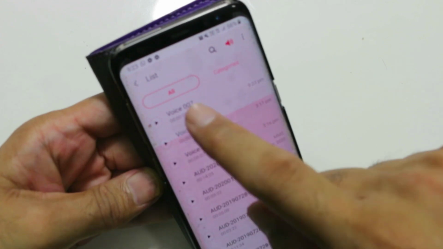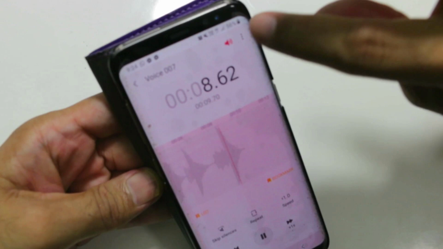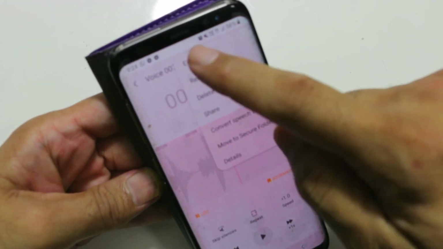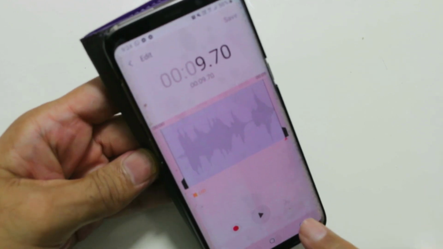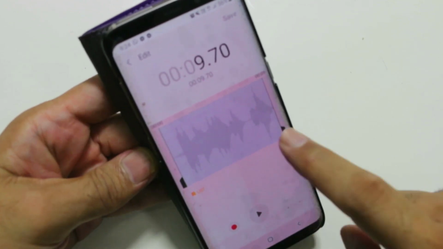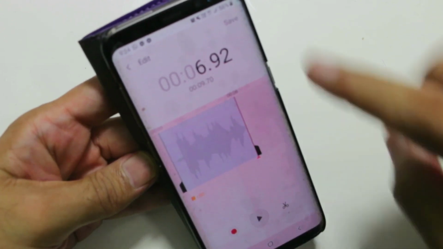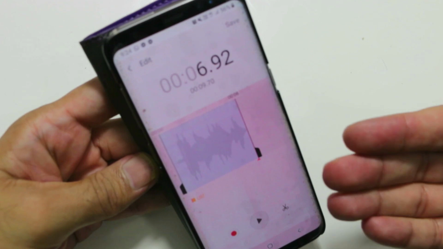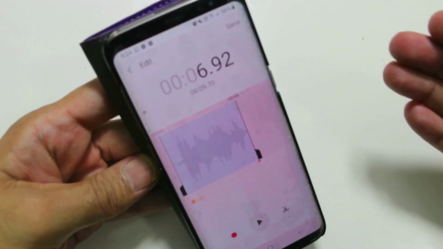Now if I click on that and I want to edit it, I can click on these three dots and I can click edit. And I get the same type of features. As you can see, there is a scissor on the bottom right and I can trim whatever I want, similar features. And also when you save, the extension of Android is also not MP3. You simply change the extension and it will work.